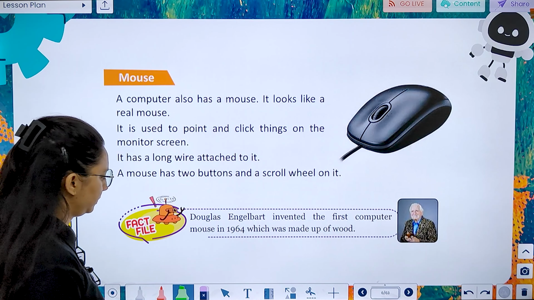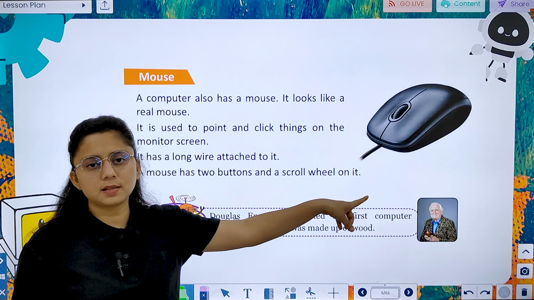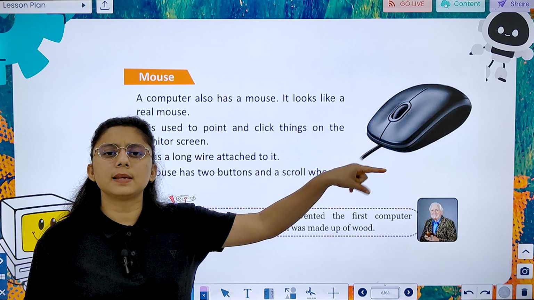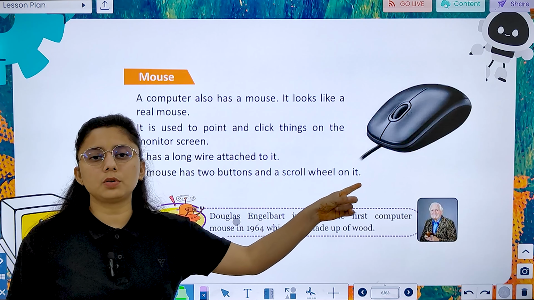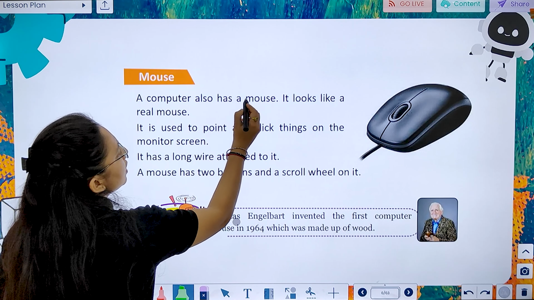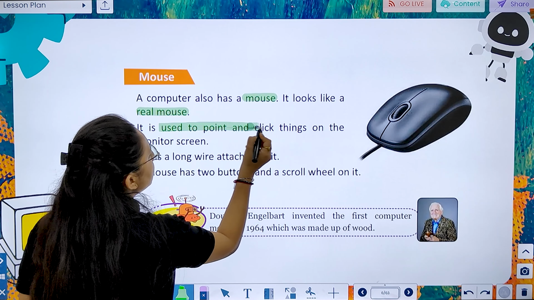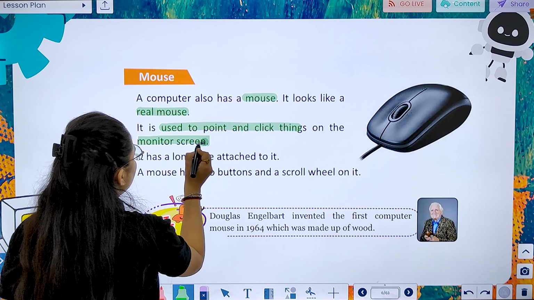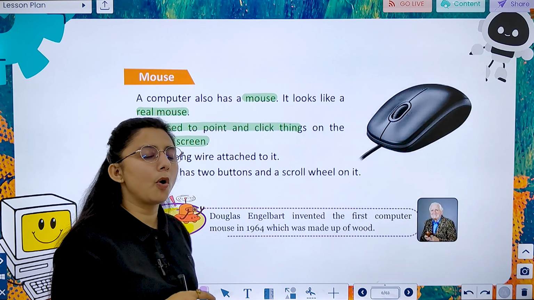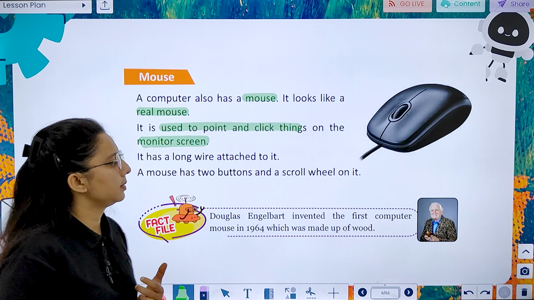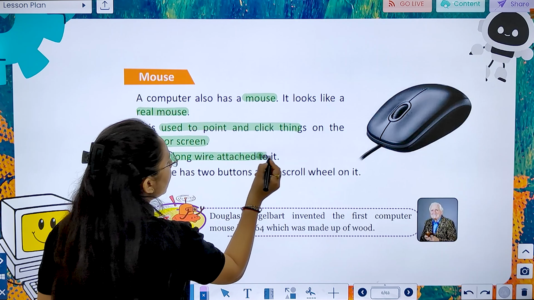Then we have mouse. It has a tail and it has 2 buttons and 1 scroll wheel. A computer also has a mouse. It looks like a real mouse. It is used to point and click things on the monitor screen. It has a long wire attached to it.